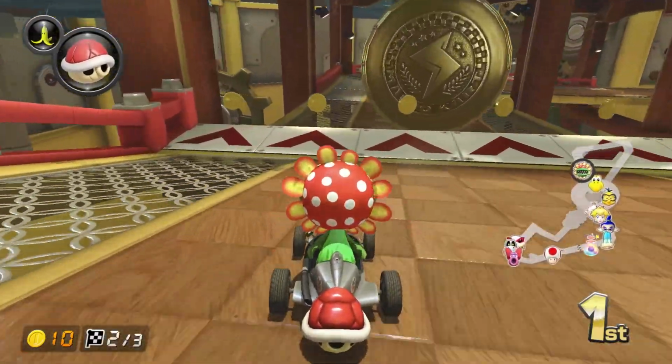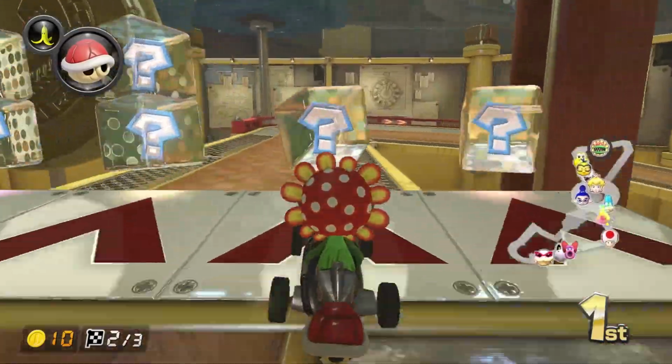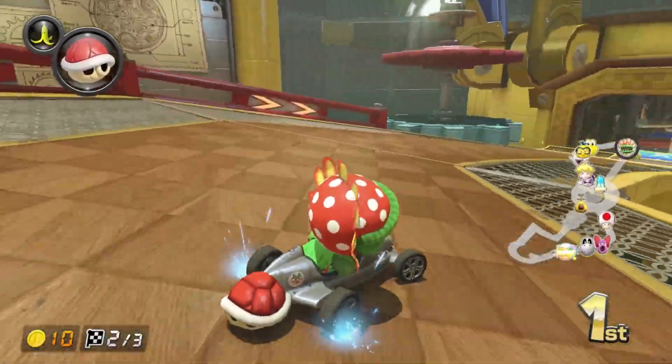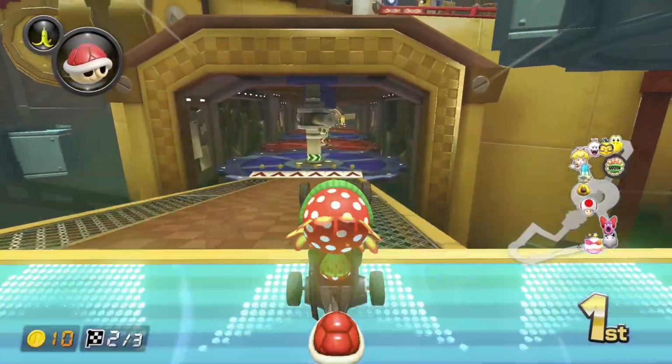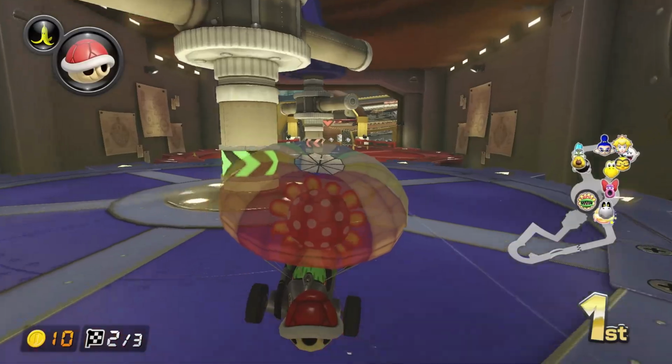Get a little bit more boost. And I actually, wow, I mistimed that. That was bad. I've got the protection right now, so I'm mostly feeling pretty okay with this. Just again, assuming no blue shells get thrown my way. Let's kind of swing to the outside there so I don't get hit by those